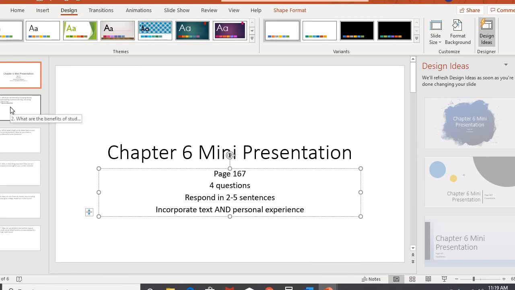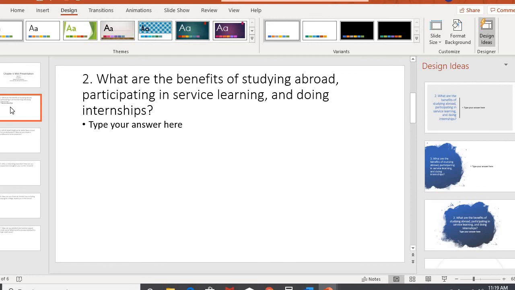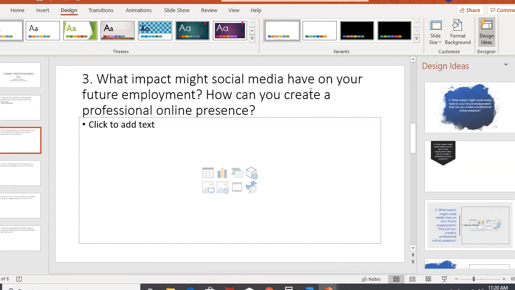What I mean by that is, let's say you answer question 2, which talks about service learning, internships, studying abroad. So you'll kind of say, okay, well, the textbook says that these are great ways of learning. I want to do an internship one day because it can really help get my foot in the door. So you'll incorporate a little bit of what the textbook says with a little bit of how you feel about the topic.